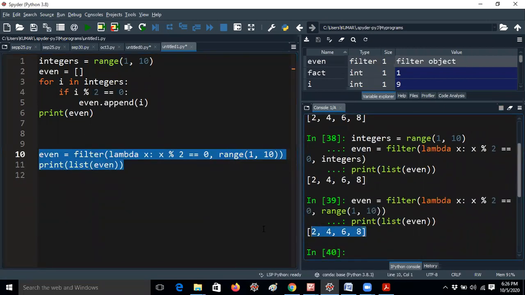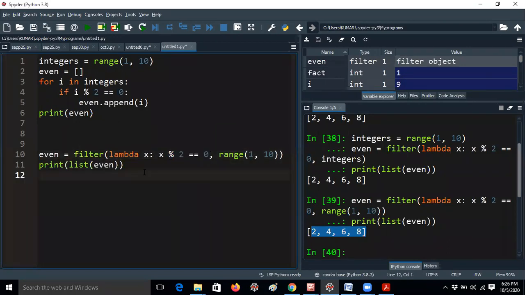Now I am getting 2468. That means the program can be easily done by using filter and the map functions within 2-3 lines. Okay, so this is the main purpose of higher order functions. This facility is not there in any other languages, guys. So hope you understand. And this is the condition I am giving.